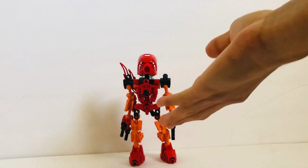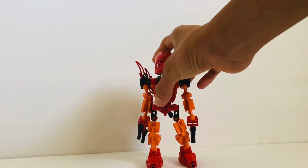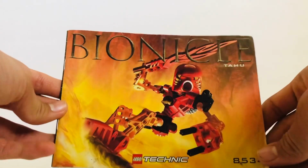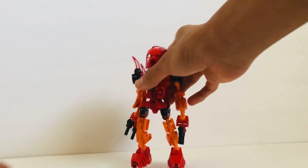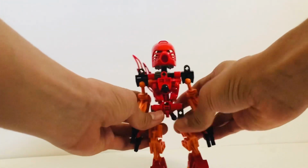Today we're going to be looking at Toa Tahu. As you can see, this is Toa Tahu based off his modded version from the ever-popular Bionicle theme, which first came out in 2001. And for this mock, it's actually a revamp of a Toa Tahu set, as seen right here. With this revamp, I wanted to make him look a little bit more like he does in the canon Bionicle story, because the sets